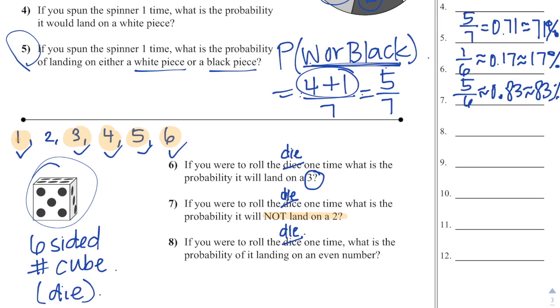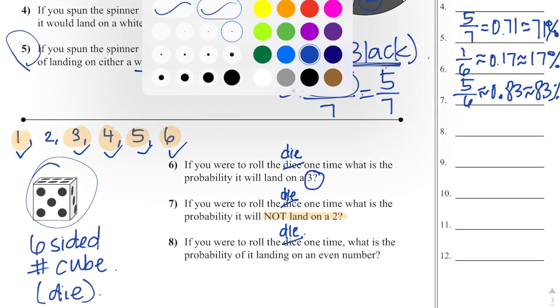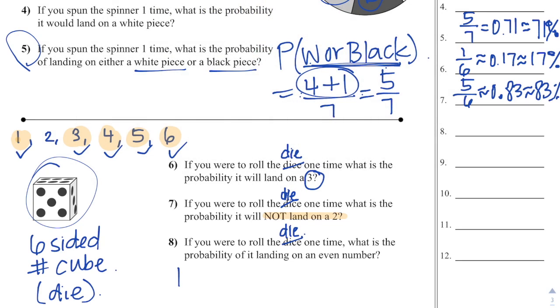Okay. If you were to roll the die one time, what is the probability of it landing on an even number? Make sure you go over the even numbers on your papers so that way you don't make a mistake about which ones are even numbers. And in case you were wondering, even numbers are numbers that we can divide by 2. So 2, 4, and 6. So I need you to figure out the probability of landing on an even number. I'm not going to give you the answer, but hopefully you'll be able to figure that one out pretty quickly